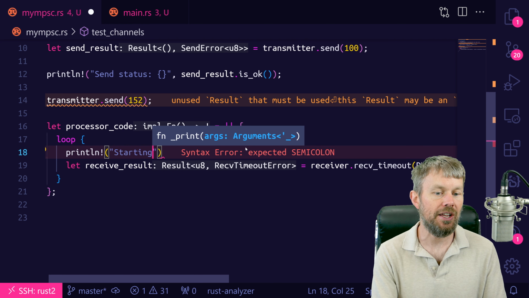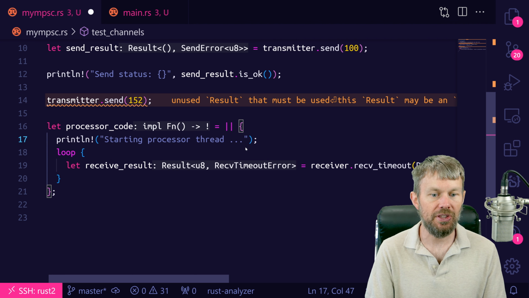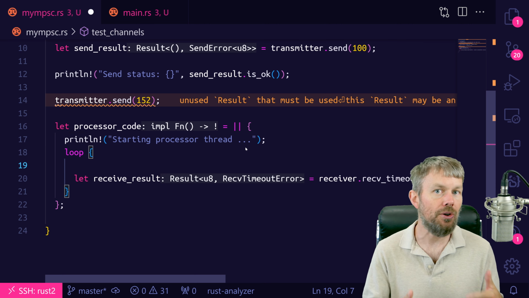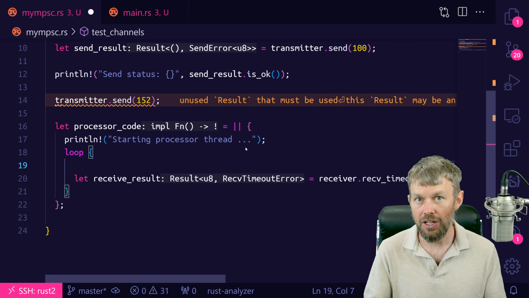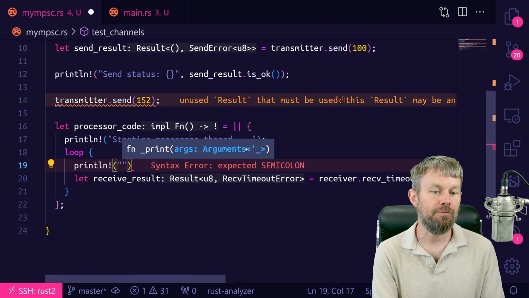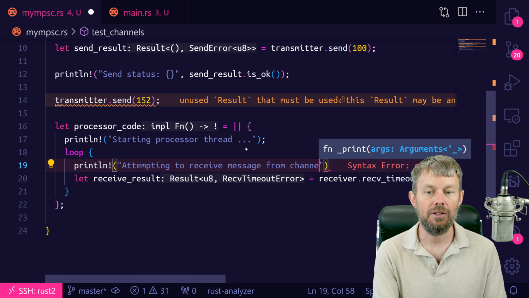So we'll say starting processor thread, and we'll put that right before the loop because we only want that to print once. But every single iteration of the loop, we want to see some feedback that it's attempting to receive a message off of the channel. So what we'll do is say print line attempting to receive message from channel,